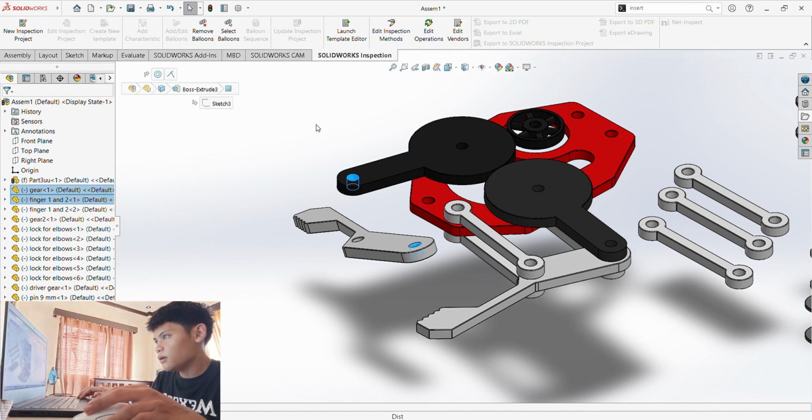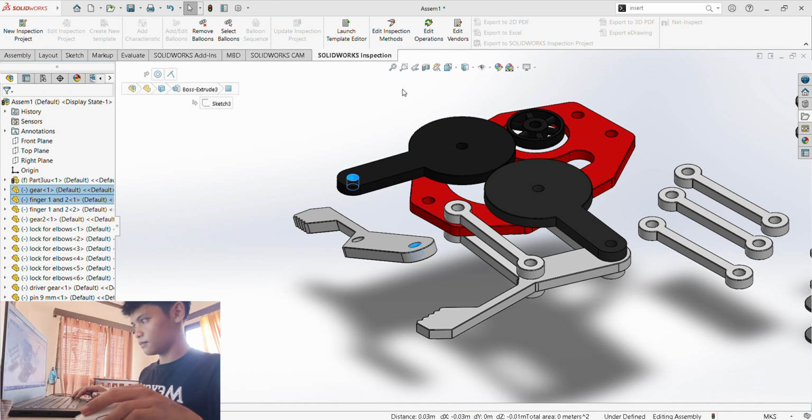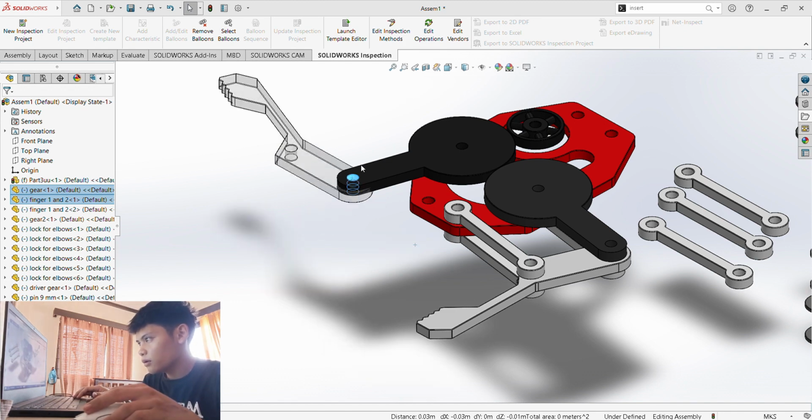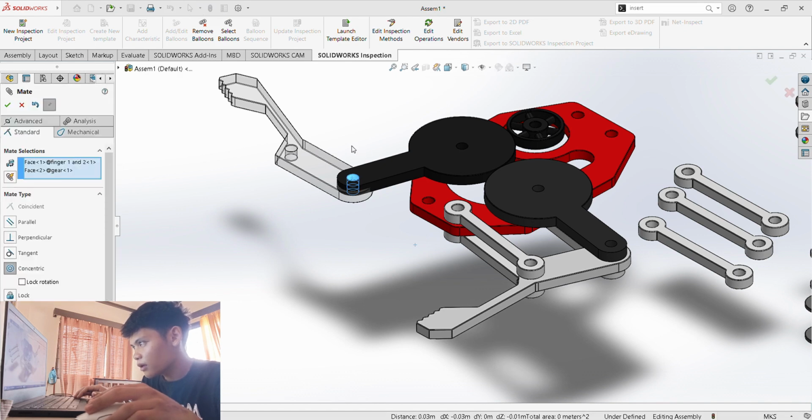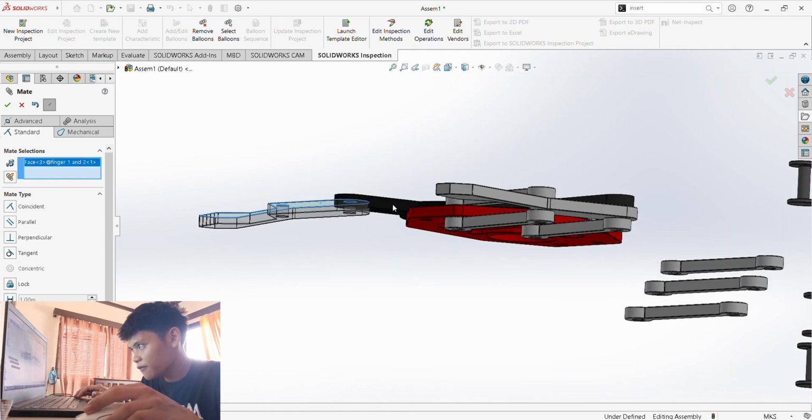Then press enter and make this surface with this surface and make them coincident. Then press enter again.